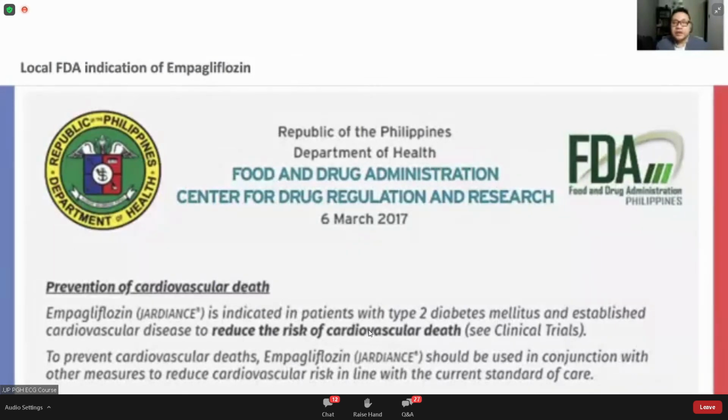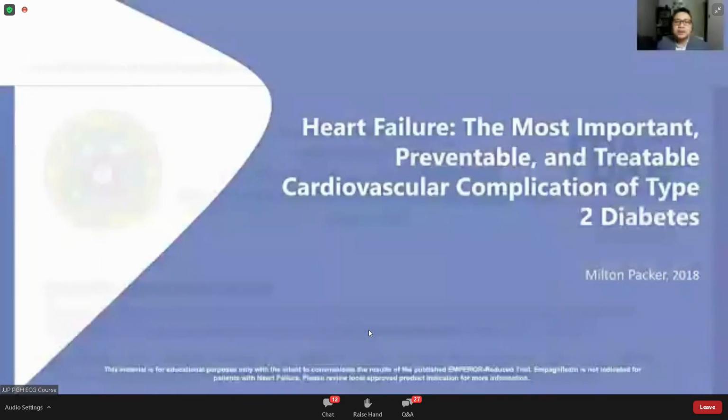Therefore, with those evidences that I've shown to you, our local government agencies, particularly the DOH and the FDA, have given the 2 thumbs up for its use to prevent cardiovascular death in these diabetic patients with established cardiovascular disease. Now we move on to the other aspect of the diabetic patient, which is heart failure, which is the most important preventable and treatable complication of type 2 diabetes,